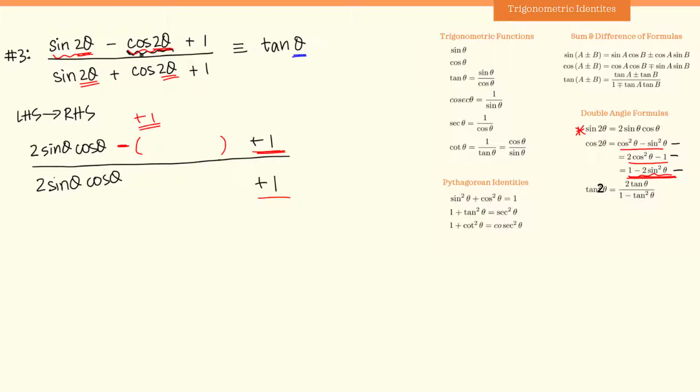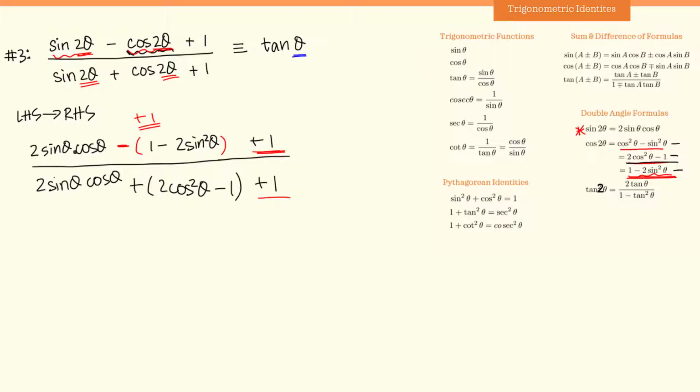So I will use this third formula over here. In place of cosine of 2 theta, I will write 1 minus 2 sine square of theta. And in the denominator, the sign with cosine of 2 theta is this positive sign. So I need to replace this with something that cancels this positive 1 out. Since there is a positive sign over here, I can use this second formula because there is a minus 1 over here, and that would cancel this 1 out. So in place of this cosine of 2 theta, I'll write 2 cosine square theta minus 1.